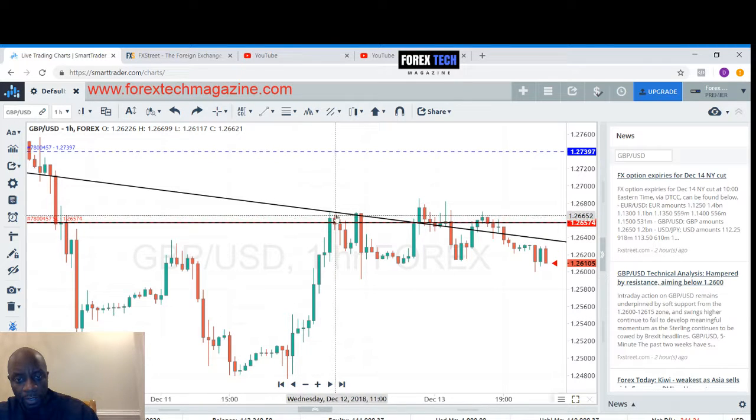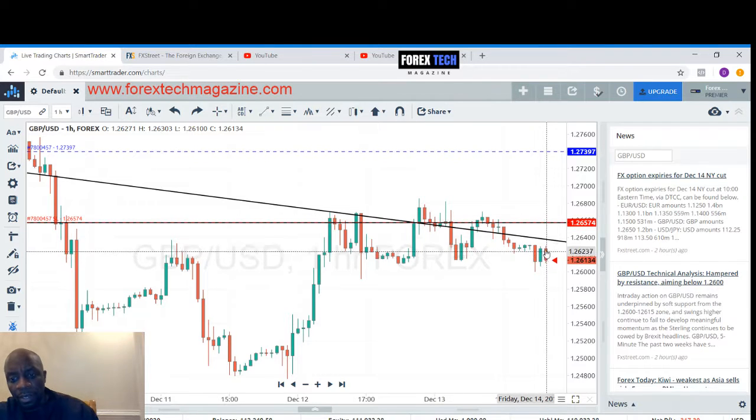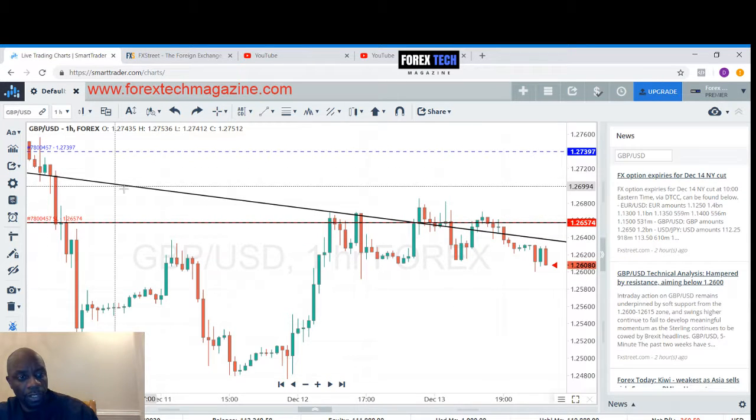So price went up and hit the back of that trend line, and what happens is adhering to it, it's coming back down, went up through it, it came back down, went up through it, it's coming back down. And the question is, will it come back through it again before it goes back down? So you got two things going on here. You got a downward trend line, and plus you got a